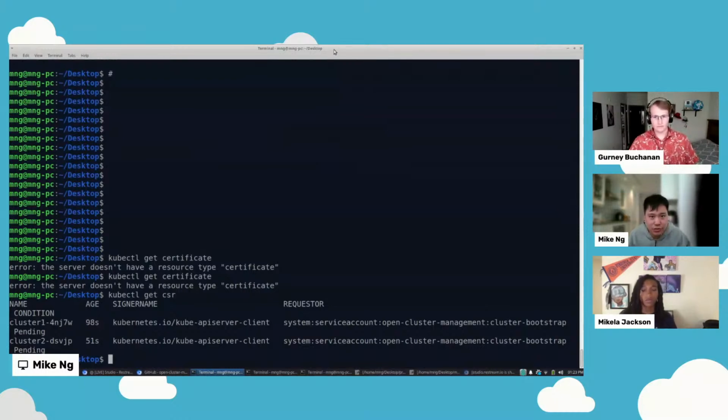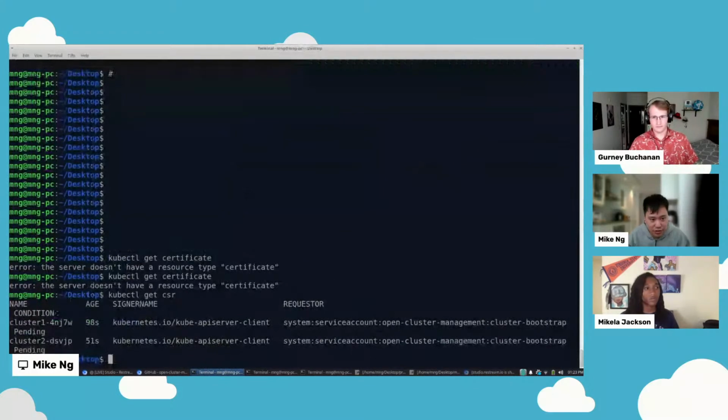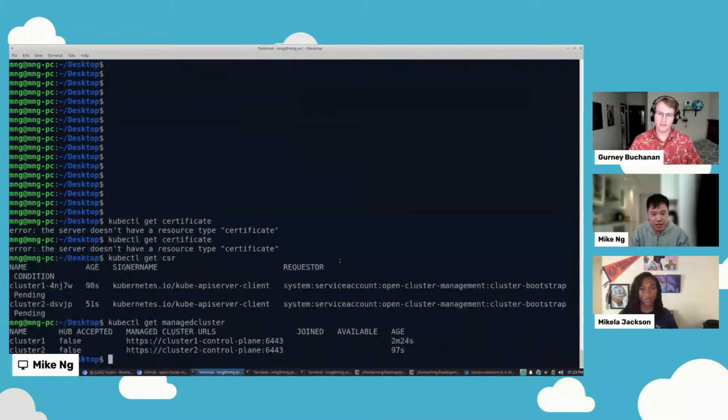So when you generate a join registration request, you create the certificate signing request, and then you also create the managed cluster as well. So these managed clusters appear on the hub, but you can see they're not joined and not available yet because the hub admin has not accepted the join request.